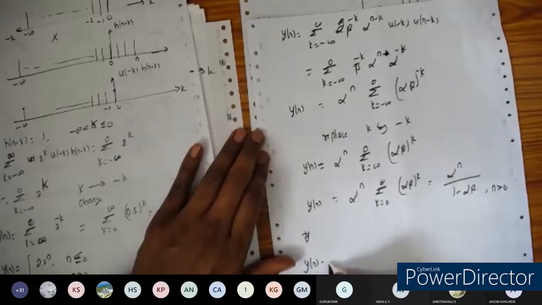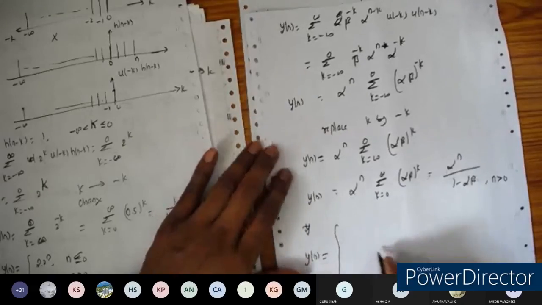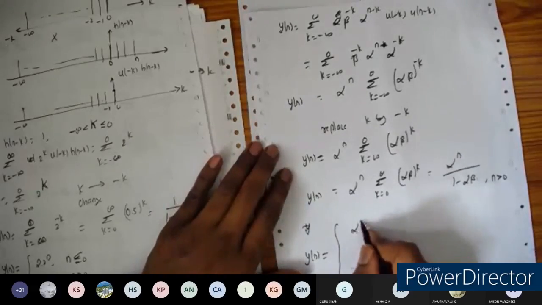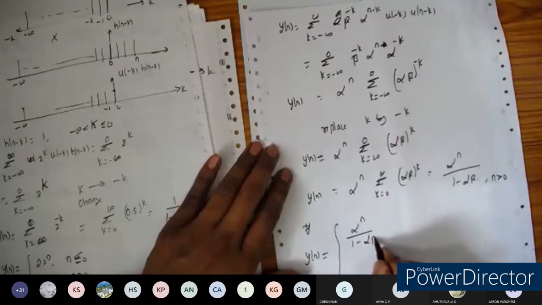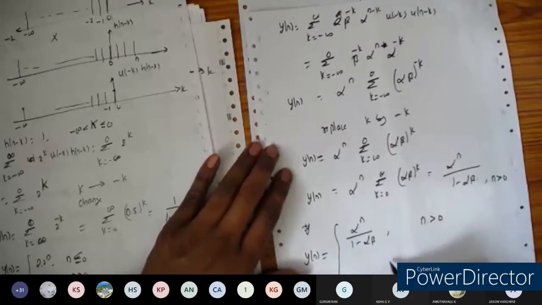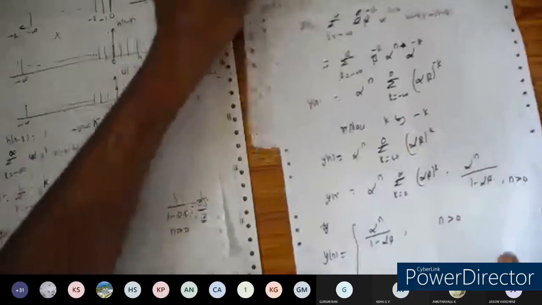Okay, so let us summarize the value of y of n. So y of n is equal to alpha to the power of n by 1 minus alpha into beta for n greater than 0. And for n less than or equal to 0, we got